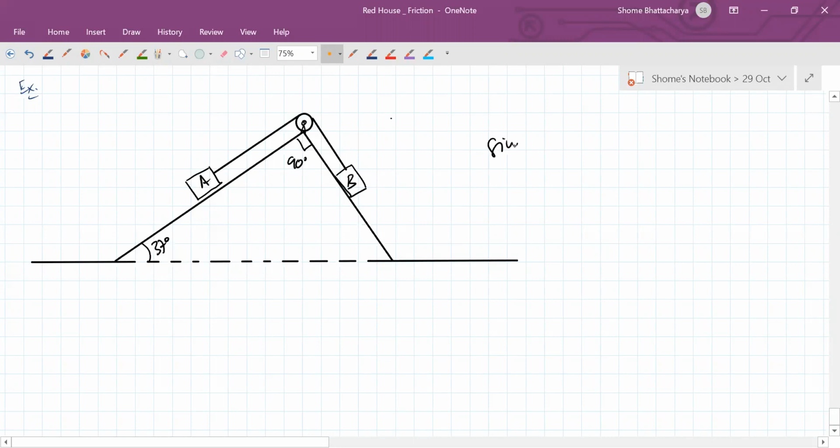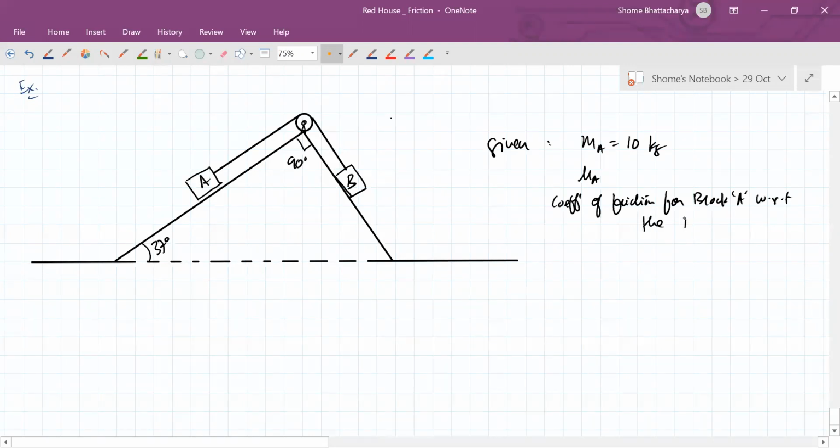Given that the mass of block A is 10 kilograms and the coefficient of friction for block A with respect to the inclined surface